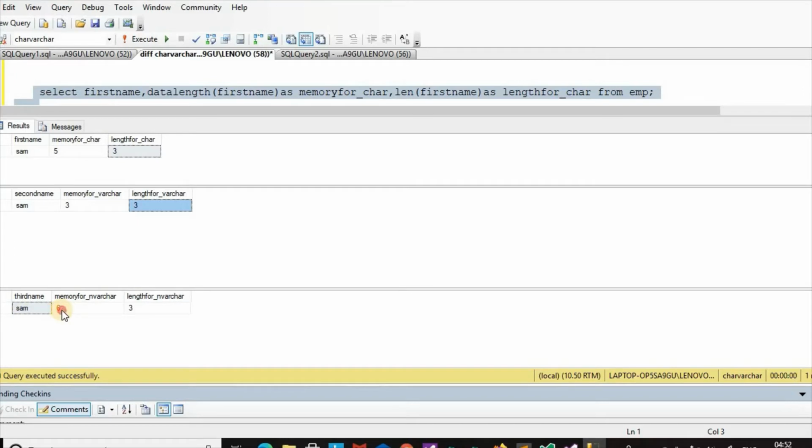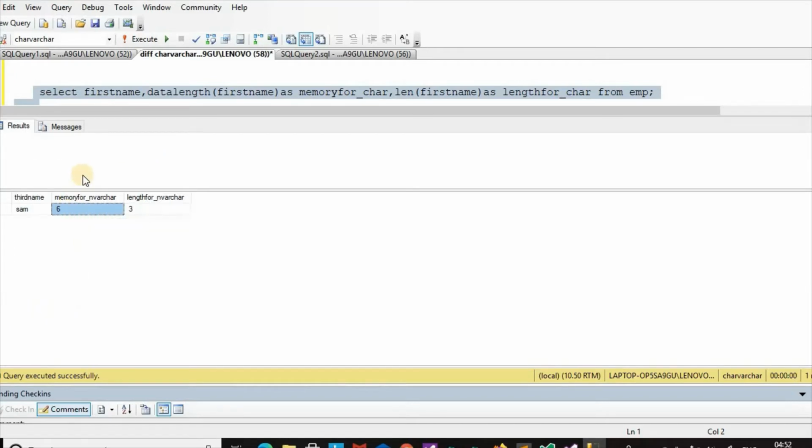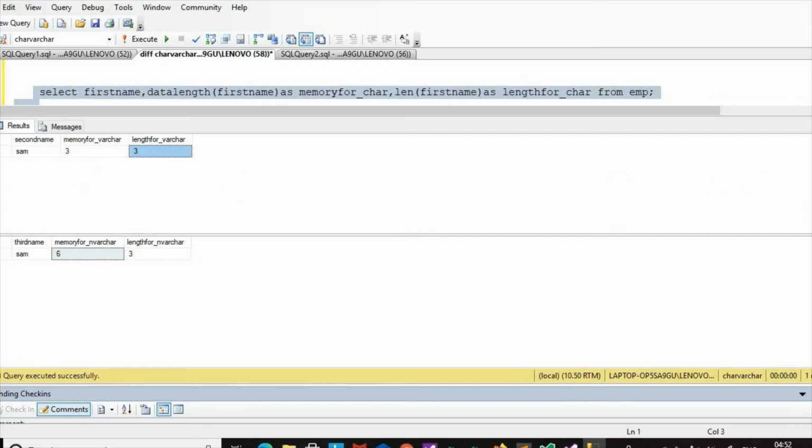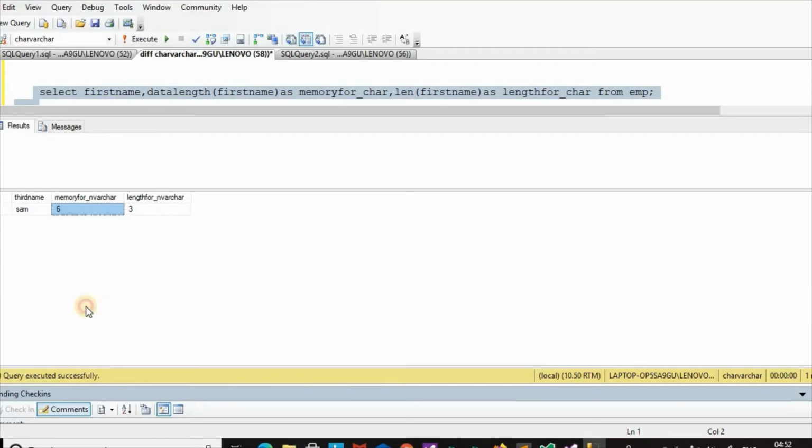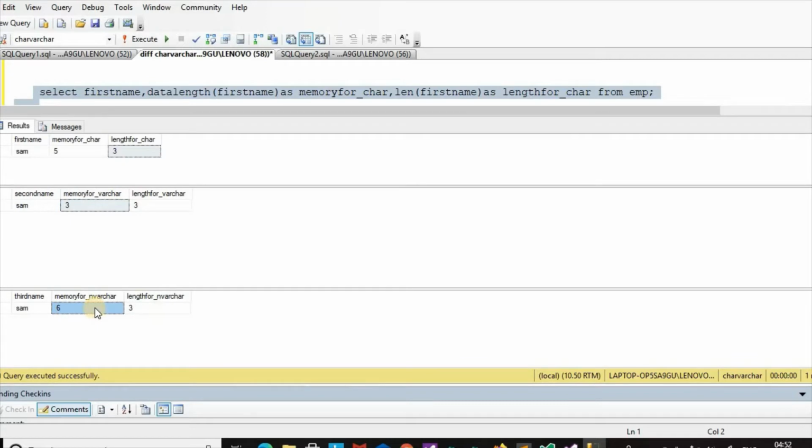For each character it has taken 2 bytes, and in the case of varchar it has taken a single byte per character, 1 byte, and here per character 2 bytes in case of nvarchar. And here the length is the same in all cases: the first name is Sam, second name, third name. So we can see that for the character type it has taken